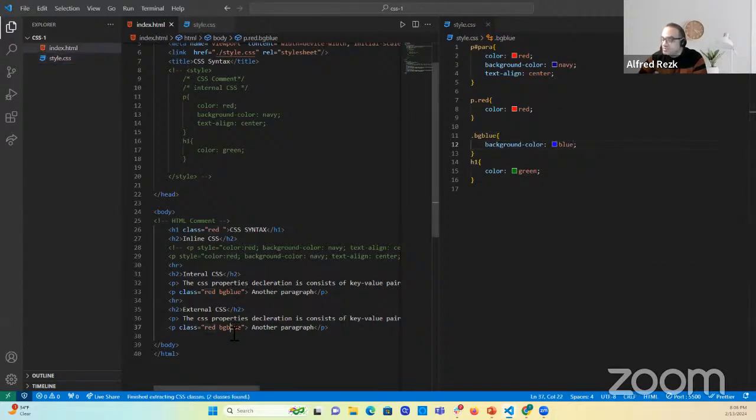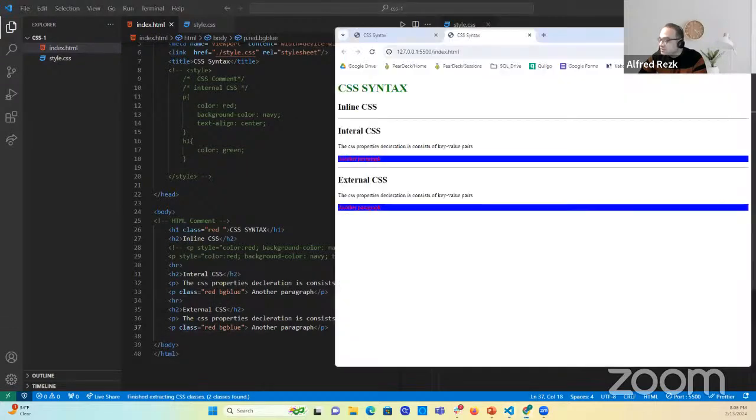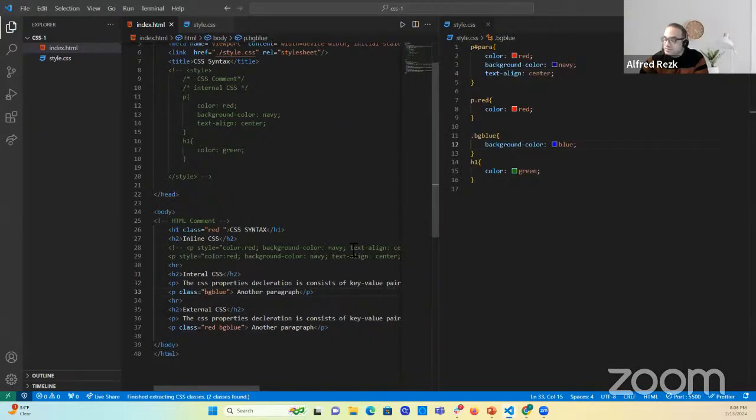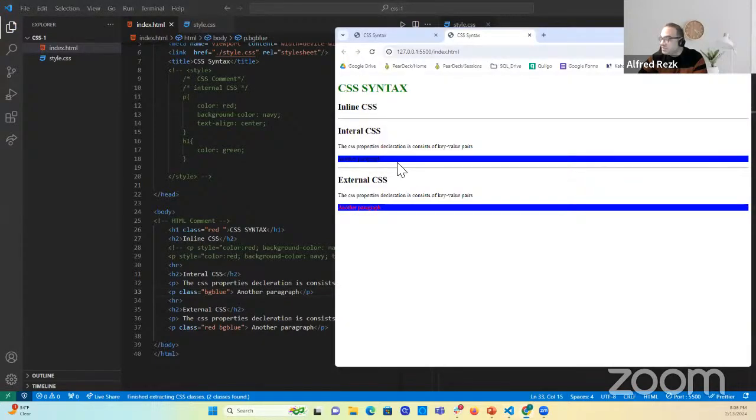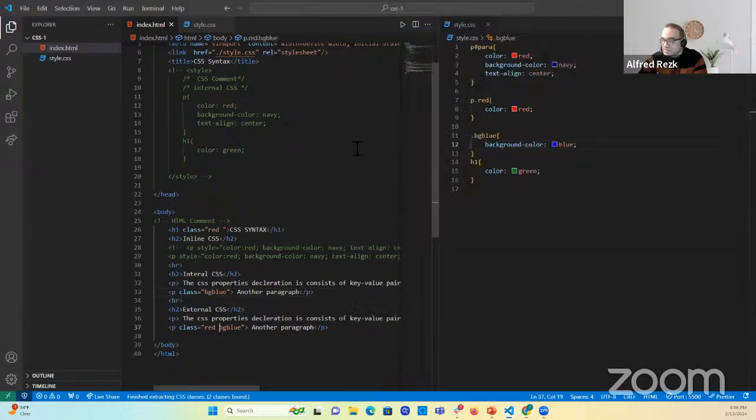So these two elements share the same class, both classes. And now notice that they have blue. I can remove the red here. And you will notice that only the blue background, but the text is not red anymore because only this paragraph has the red class. So you can use classes and IDs in your CSS,